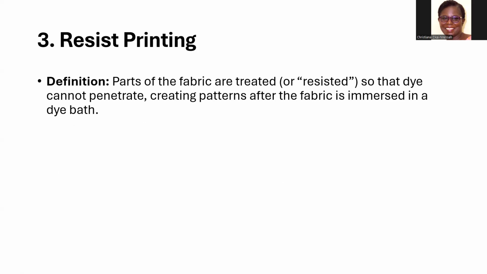So the definition: part of the fabric is treated or resisted so that dye cannot penetrate, creating patterns after the fabric is immersed in the dye bath. So here we are going to practice this one too. You tie certain areas of your fabric, then you immerse it in your dye. So when you remove it and you untie, you see